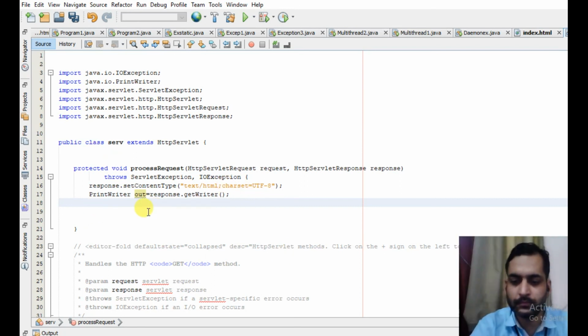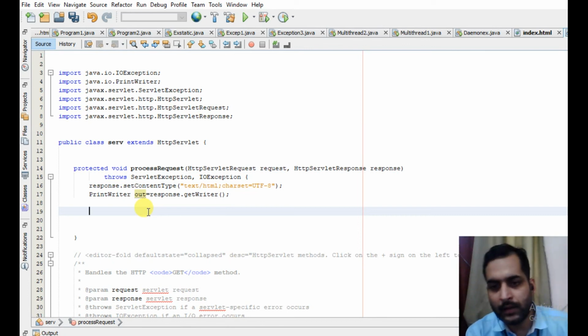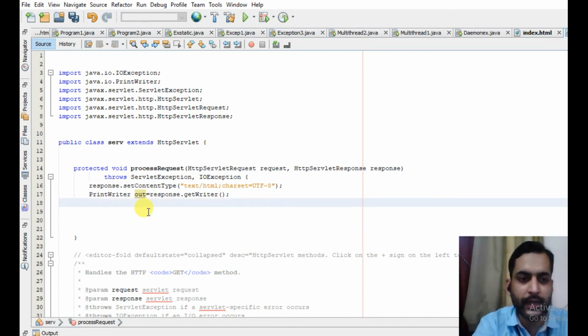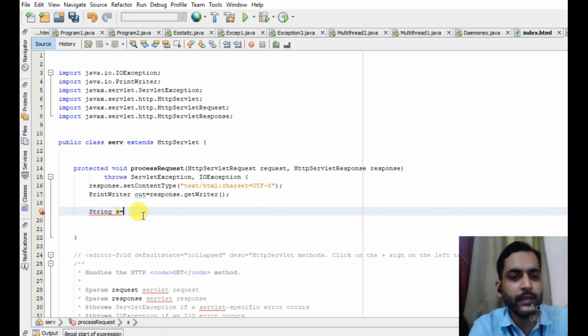And now in our particular application, what I am trying to do, I have to first read the username sent by the client. So in order to read that field, I will use request.getParameter method. So request.getParameter method will always return the things in the string format.